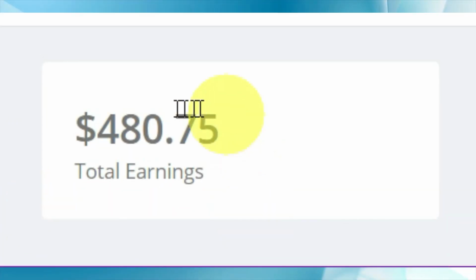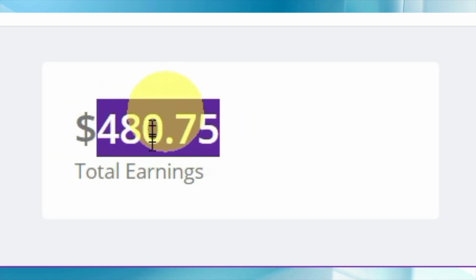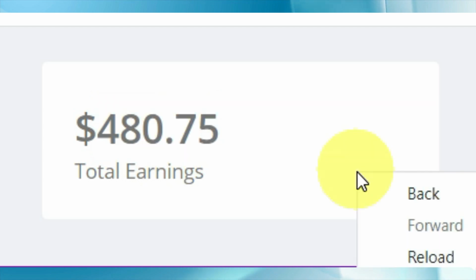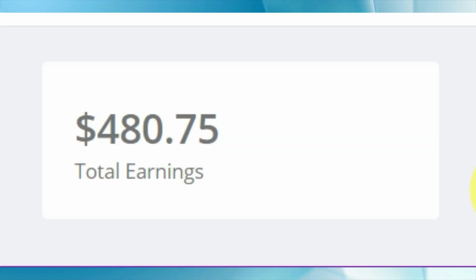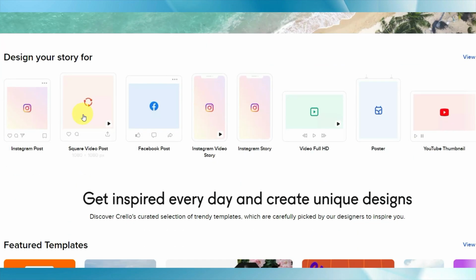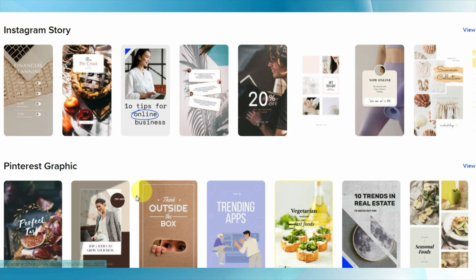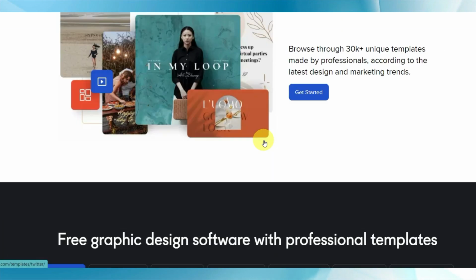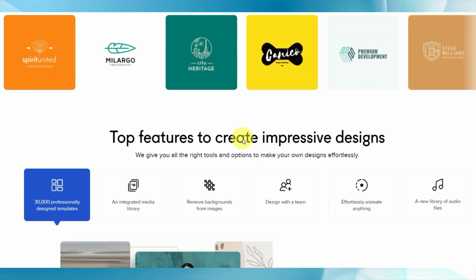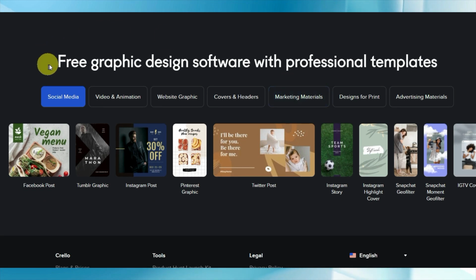Step 1. First of all, I want to show you that this method works. As you can see here, I made over $480 from this technique. Now I will reload this page to show you this is actual proof, which is 100% real income. So now let's start. Today, this is the tool we will utilize to earn $10 every minute, and this is the tool that will do all of the work for us. This is 100% free and only a few people know about this. But today I will show you what this tool is, how to use this and how to earn money by utilizing this free tool right here.